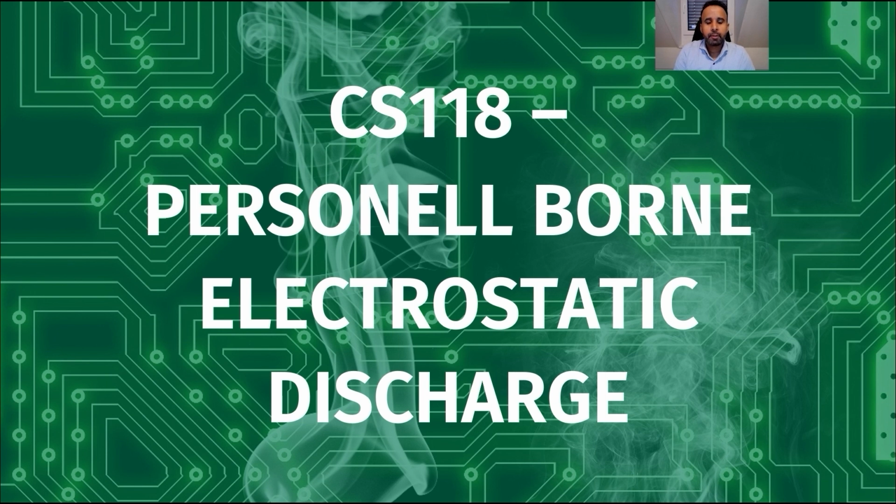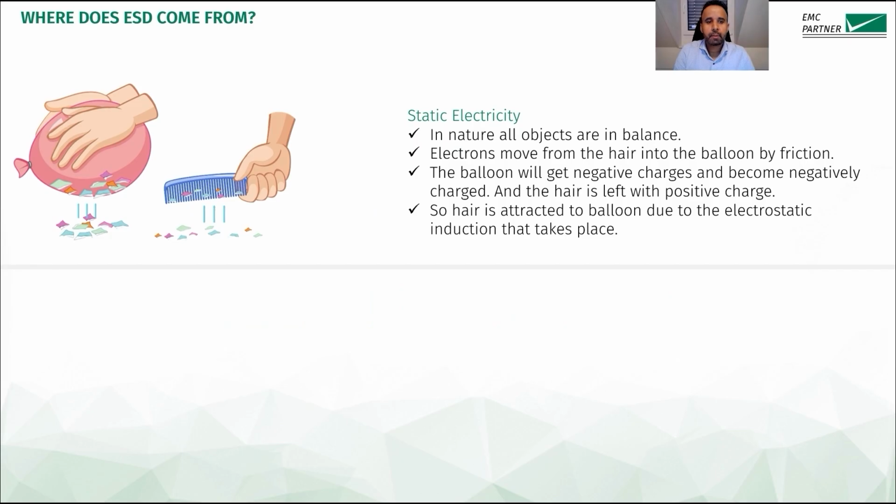Let's now move on to the CS118 ESD test to understand where ESD comes from. So let's first of all start with some very basics of static electricity we see in our everyday life. When you rub a balloon or a comb on your hair, electrons move from the hair onto the balloon, so the balloon becomes negatively charged and the hair is left with positive charge, and that's why the hair is then attracted to the balloon. This separation of charge is the reason for the collection of effects that we call static